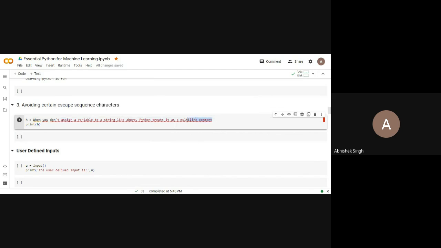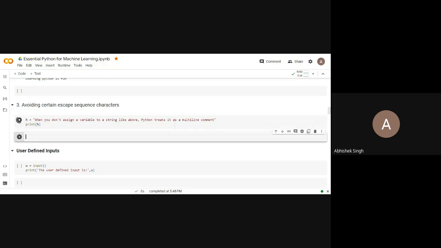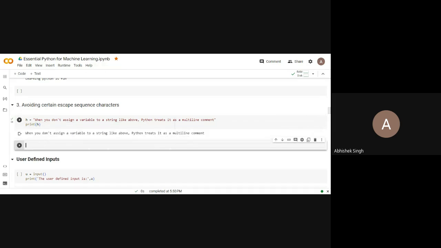So what I can do is select this statement and put it inside double quotes. In C or C++, you have to use a backslash escape character here. Now I have written this single quote within double quotes. When I run this, there is no problem.